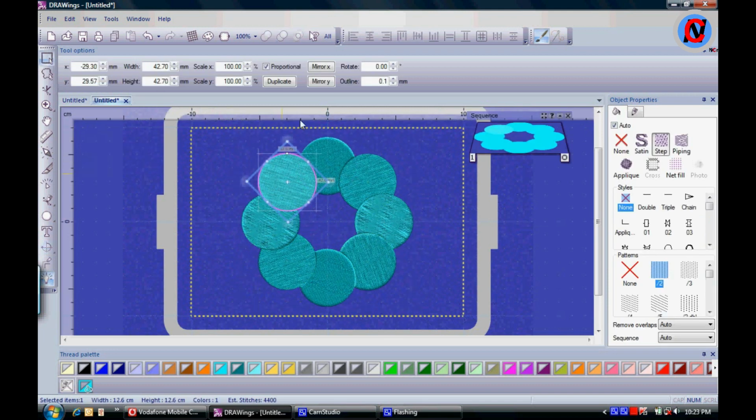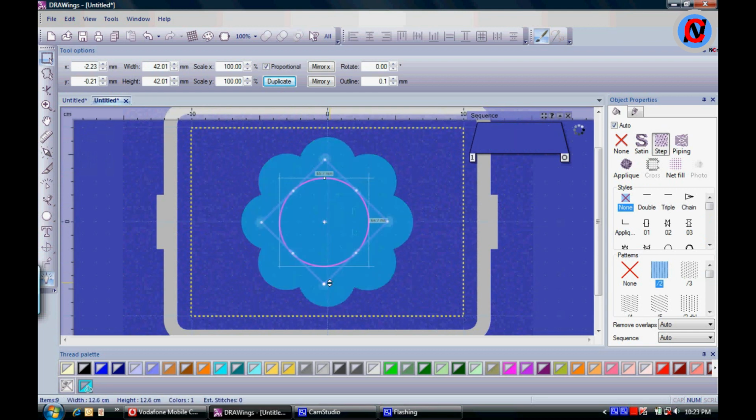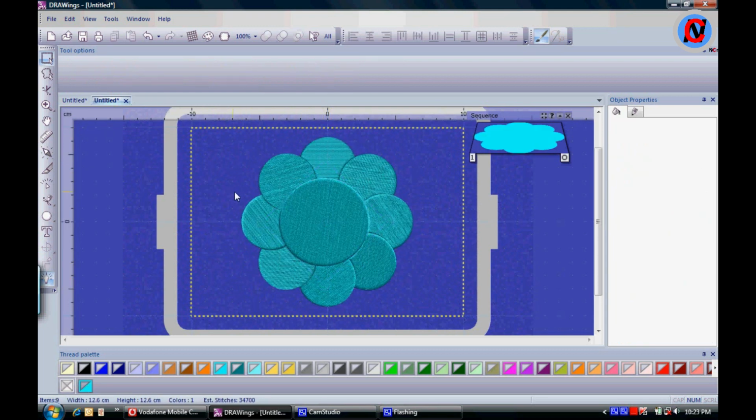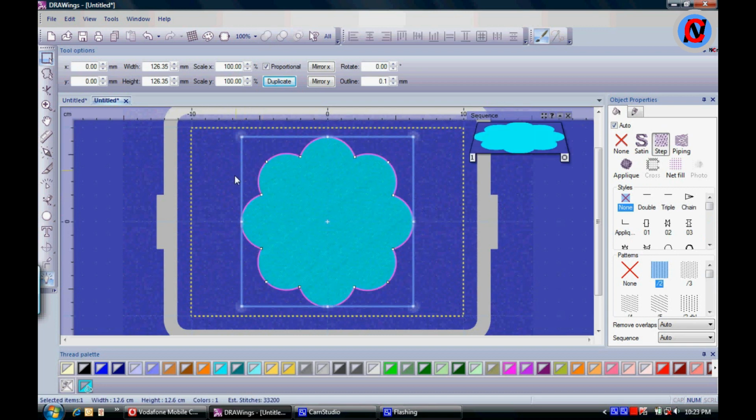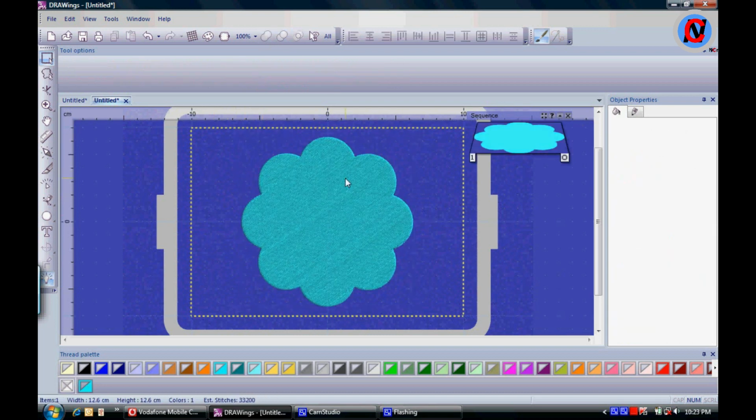Highlight one of the circles, duplicate it, and pull it off to fill the middle gap. You can highlight it and pull it at the bottom by pressing Shift and Control together to make 100% sure there's no gaps. Highlight all of them, Shift and Control, weld it together, and then you've got a circle with scallops. Let's put a circle on the inside,